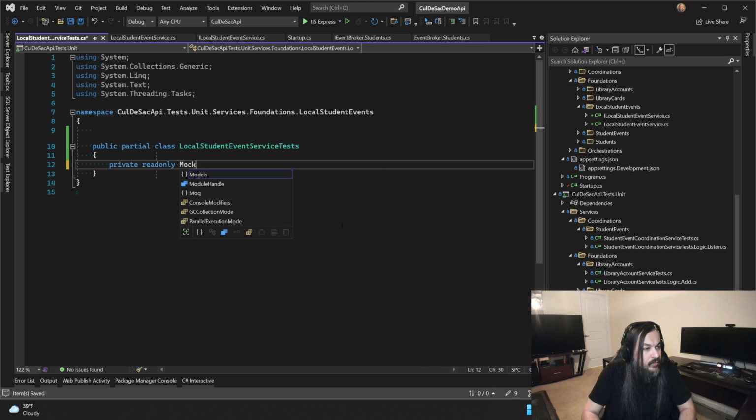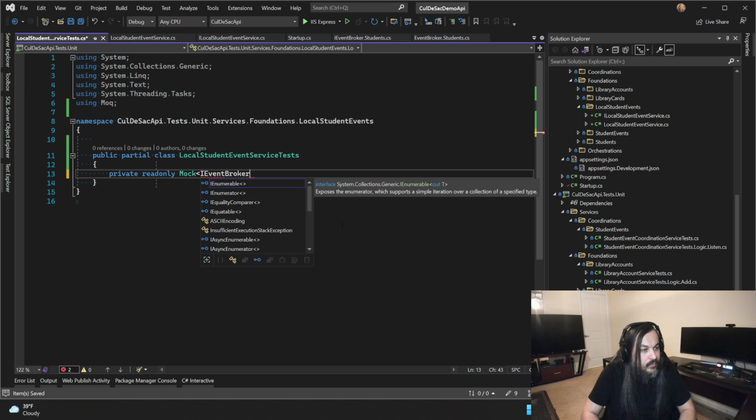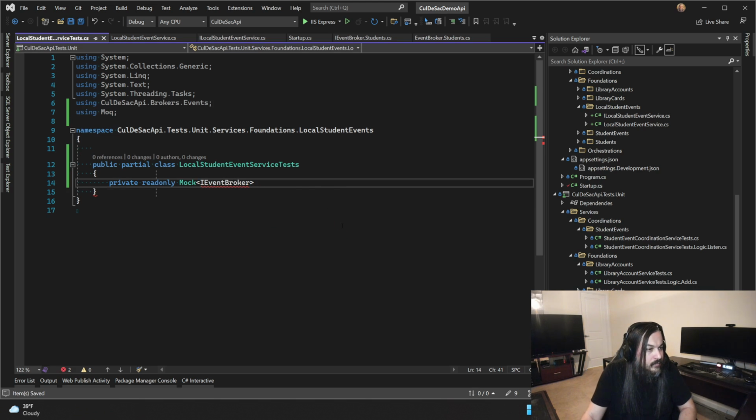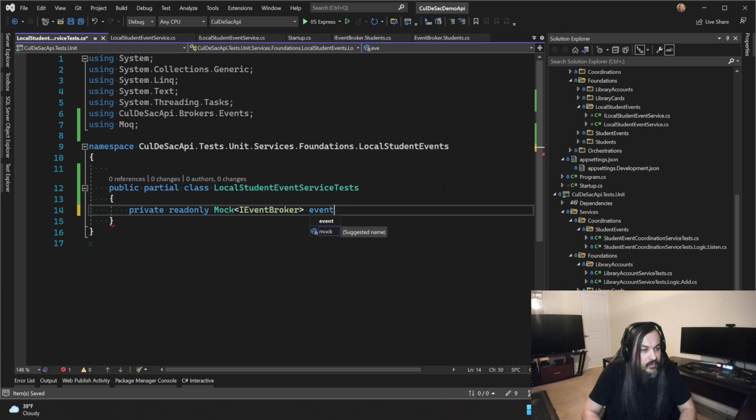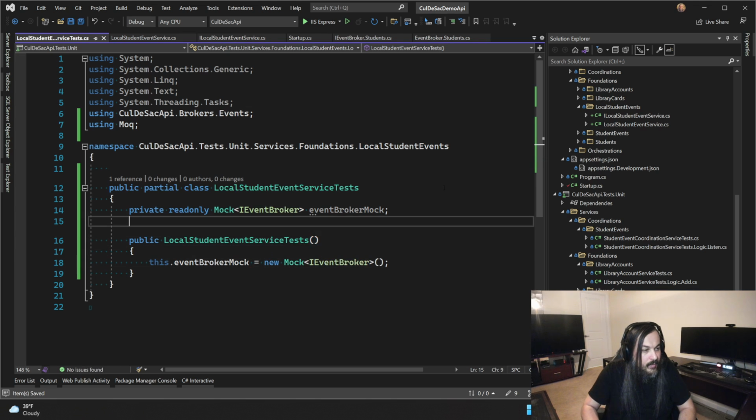And then private read-only mock. We want to mock our dependency. So that's your I event broker. Here we go. And then that's your event broker mock. Great. So that's one part. And then here's your CTOR, this dot event broker mock equal blah blah.